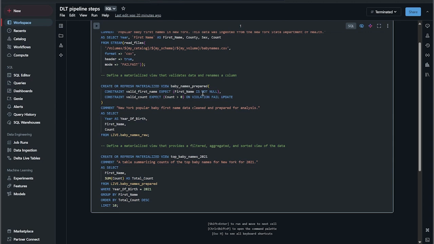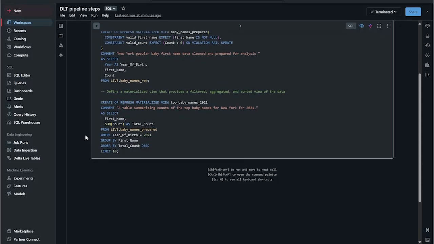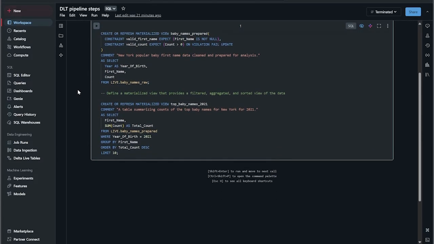Like, make sure the first name column is not null and that the count of the values is greater than 0, right? Or it'll fail the process. And then we're defining the schema objects, and then we're loading the data in from that raw table, the streaming table itself.